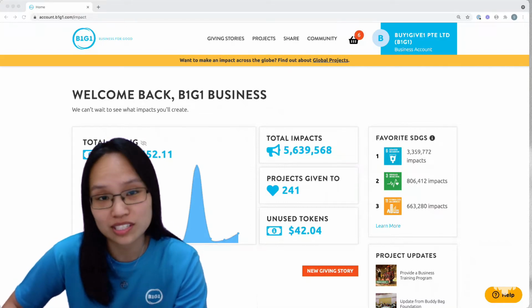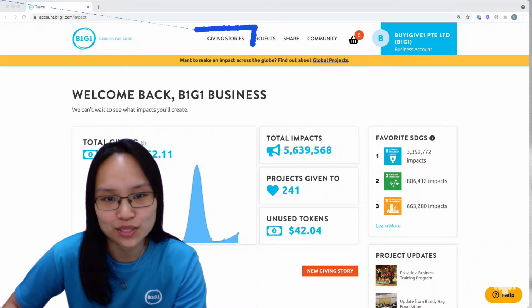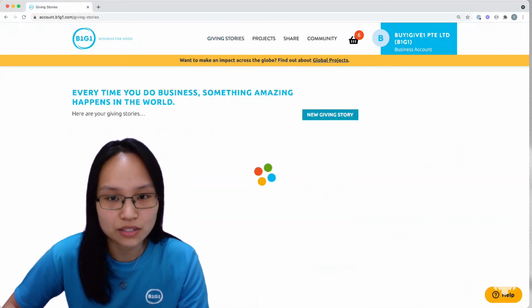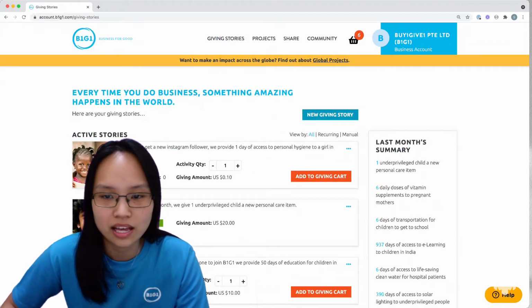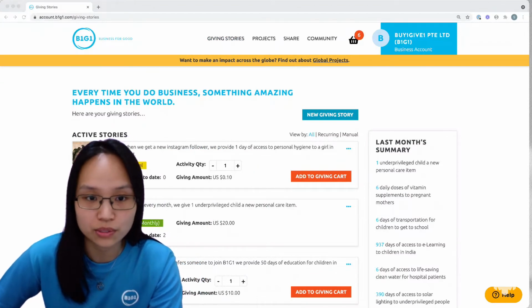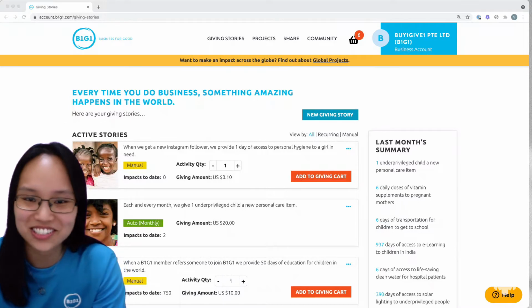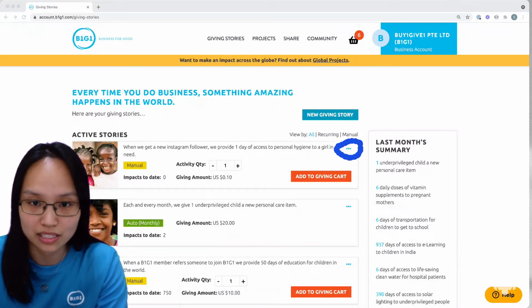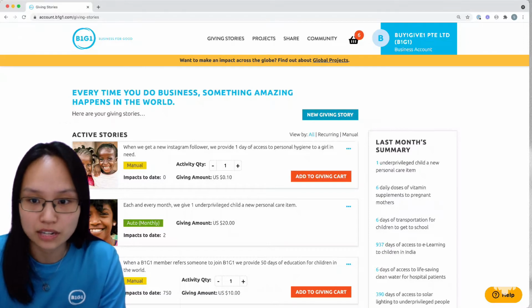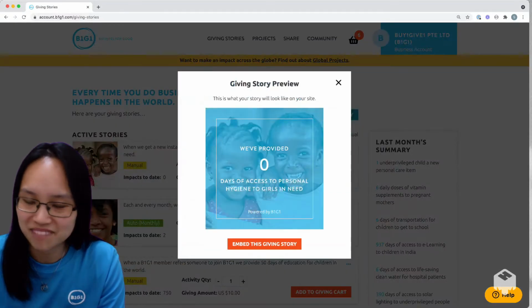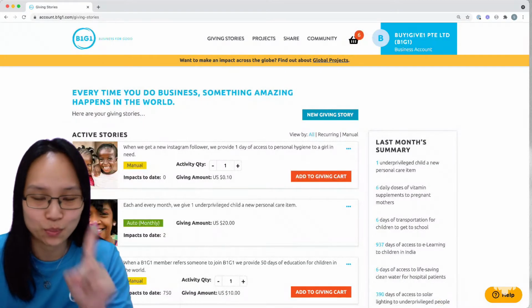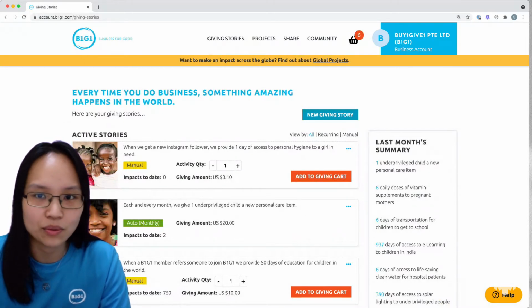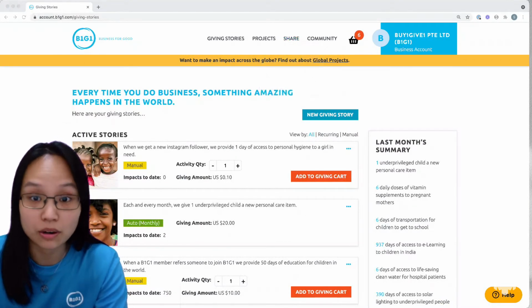First widget first, you'll find that in Giving Stories, which is in this first tab up in the top here. If you click on that, it'll take you to your Giving Stories page. And then just choose the Giving Story you want. Let me slide myself across. So let's say I'm going for that first one. I'm going to hover over these 3 dots in the top right. If I just hover over it and click Embed, I'll find my widget. So that's 1. And the remaining 8 are all in one spot, which is up here in the top Share